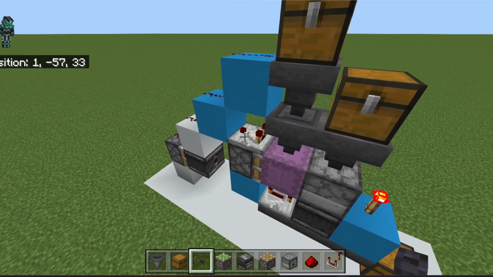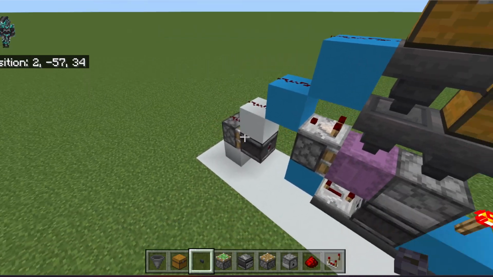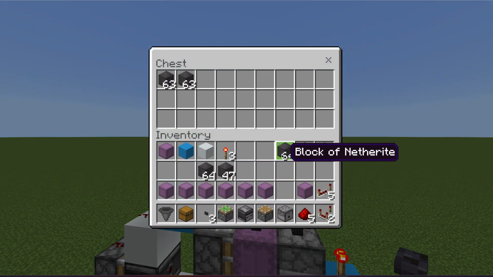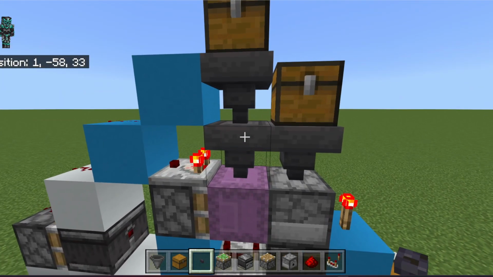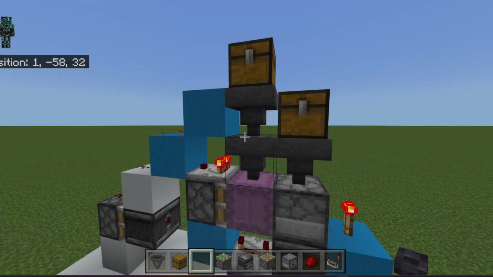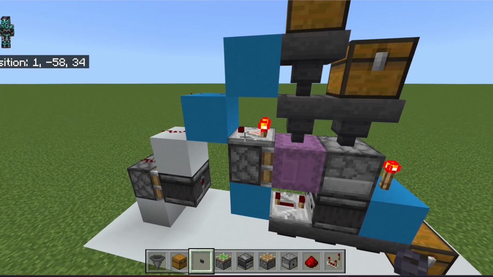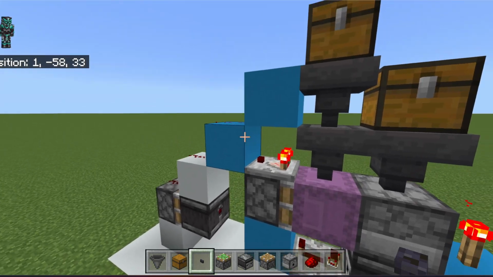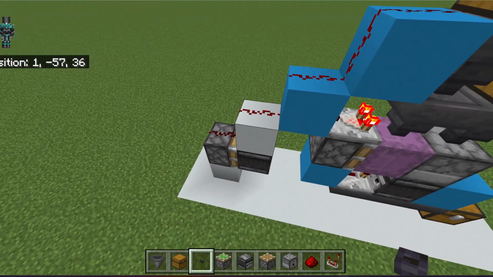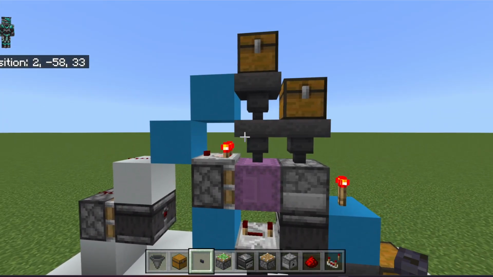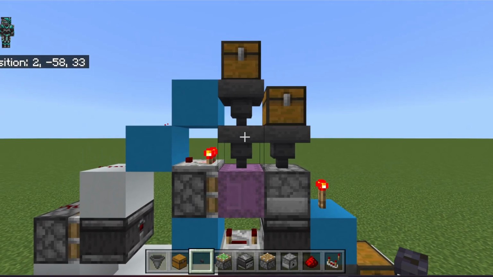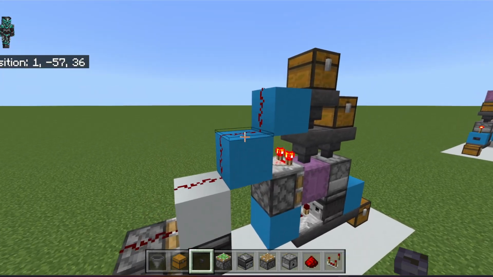too much into this hopper first, because then your comparator will have too much signal and it will activate your piston too early. So be sure that you don't put anything into this hopper manually. You can put all of it that you want. Any amount of signal is enough to get started. You can see these redstone dusts are sparking or smoldering, whatever you want to call that. And once this box gets full, it will back up this hopper just enough that the signal is enough to